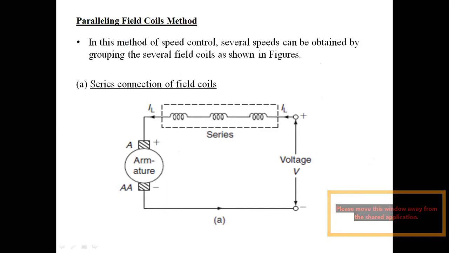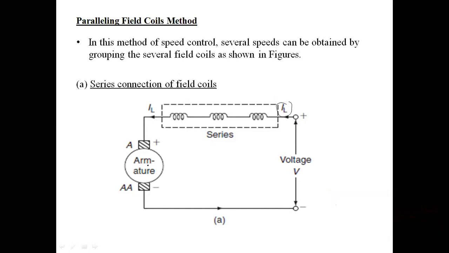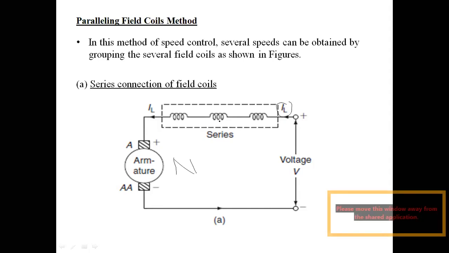It's nothing but a simple thing. By placing field windings in a parallel connection and series connection to the armature, you are going to vary the current flowing towards the armature. See, if you consider the series connection of the field coils, whatever the load current or supply current passes through this series, the flux, the MMF which is produced, is going to be very high. Then the speed of the armature is also going to vary by connection of this series field.